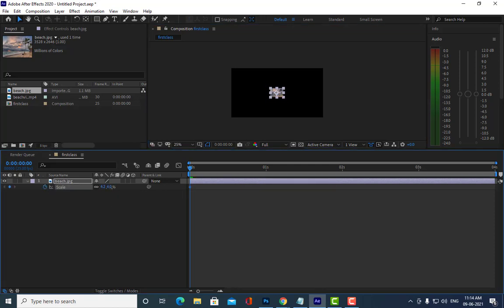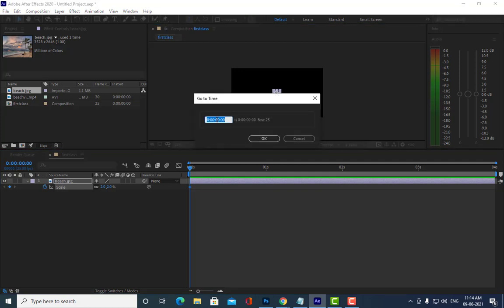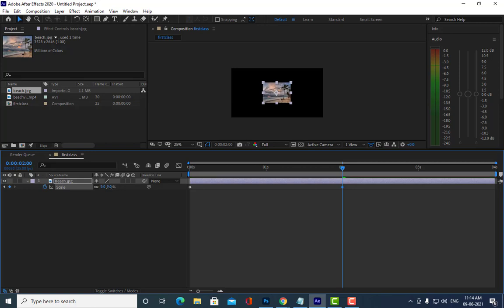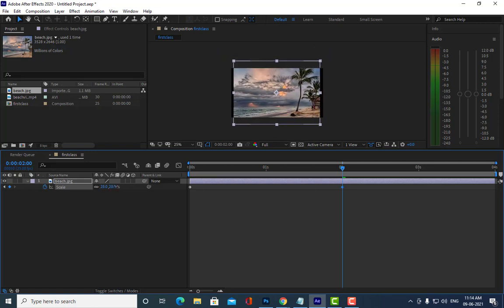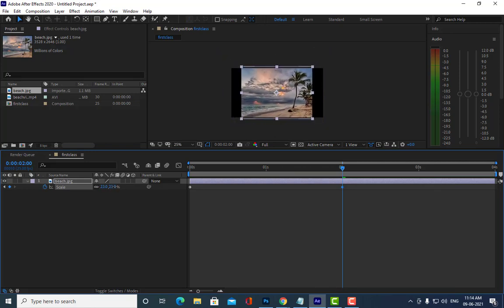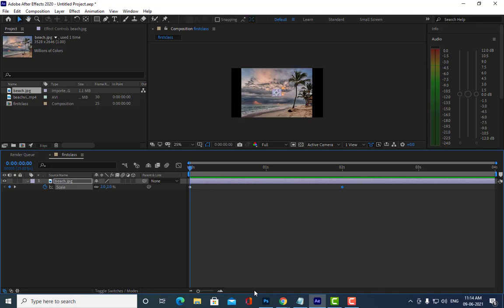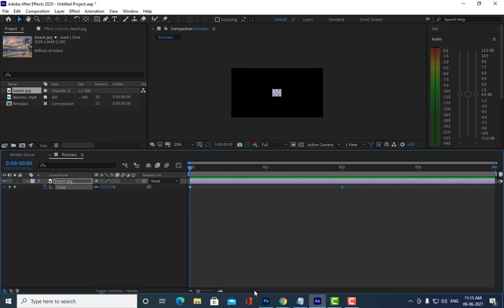We'll make it very small, and then we will go to exactly 2 seconds, and then we will increase the scale, and hit home and then space bar.